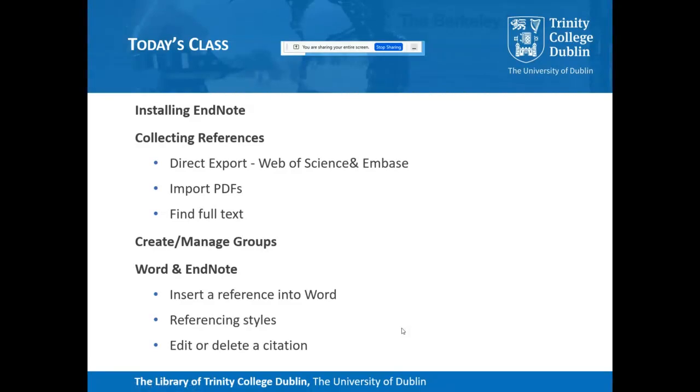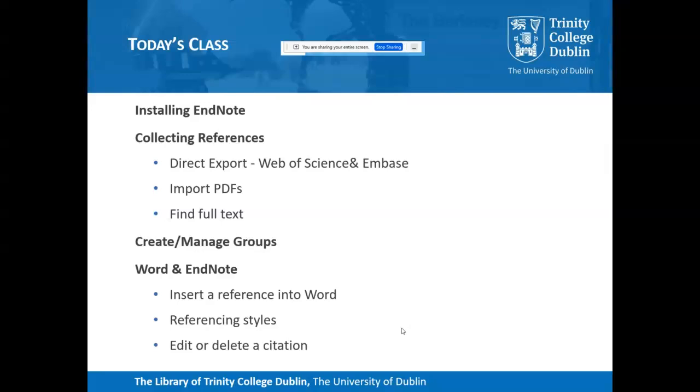Okay, so today's class will be, number one, we'll deal with how you can install EndNote. Then we'll move on to actually using the software. So the first bit will be collecting references. So we'll have a look at various different ways you can bring references into your EndNote library. So direct export from the Web of Science and Embase. We'll look at importing PDFs.